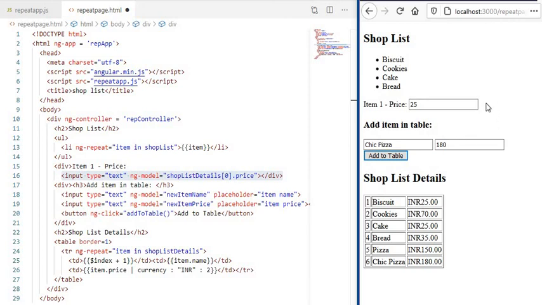For example, if I give 1, it will consider biscuit. If I give 2 and a price like 50, then cookies is updated with the price, instead of 70 it is 50, like that. Based on the item number you have to change the price. So at least try to work out this small change.